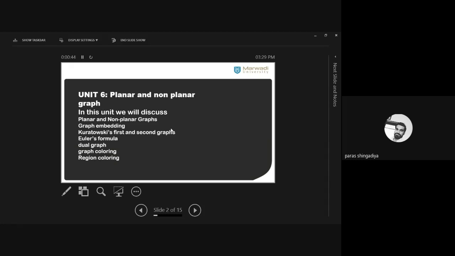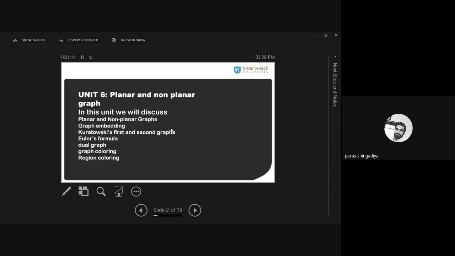Clear? And then after that, in unit number 5, we learned its applications, where it is required. If we have any graph, what is the importance of the graph? Clear? And then after that, unit number 6, all of these are important topics. You'll also check various applications. What is the importance of planar and non-planar graphs? Clear? What is the importance of the Euler formula, dual graph, and coloring? Clear? These are all important topics in real life as well as in any engineering field.